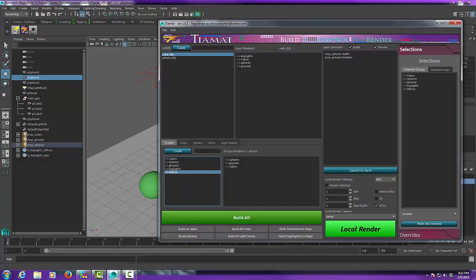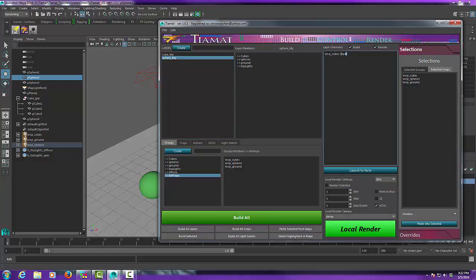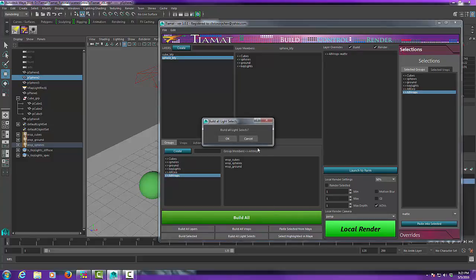Another thing you can do is create, let's say, all VROPs. You can create a group of VROPs. So paste that in there. So as you can see now, I can actually say in the sphere beauty layer, let's just say for some reason, I'm not really sure why you would want to do this, but if I wanted to, under groups, all VROPs, I wanted to make them all into mats. Paste that in there. All VROPs mats. If I build all,